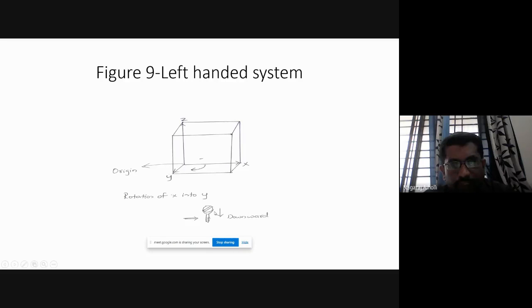So when I move the screw in the clockwise direction, what will happen? The screw will move in the downward direction, correct. When we move it in the anti-clockwise direction, it is just as good as loosening the screw, so it will move in the upward direction. When you move in the clockwise direction, it is as good as tightening the screw. It will move in the downward direction. Okay. So this is called the left-handed system.